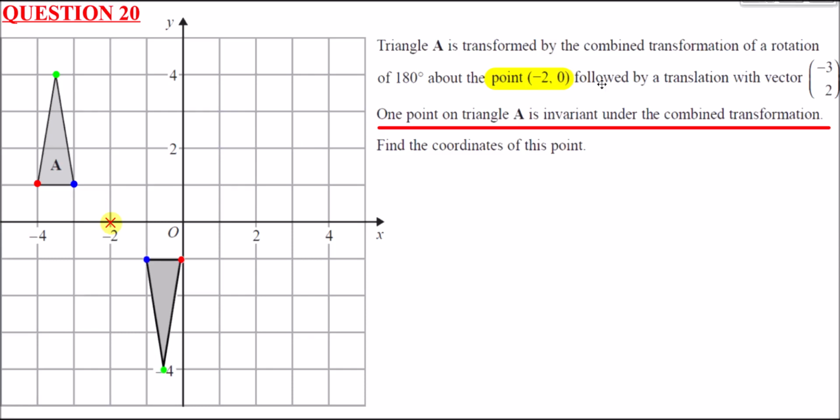Now the next thing is, it's translated by this vector (-3, 2). The top number tells us how far to the right it goes. So because that top number is -3, that means actually we're going to go 3 units to the left. So we take it here, and what we're going to do is move it 3 places to the left, like so. So it starts here, 1, 2, 3. So it's going to end up there. The next thing is, this bottom number is a 2, so that means it moves 2 up. So if we move this 2 up, it's going to go